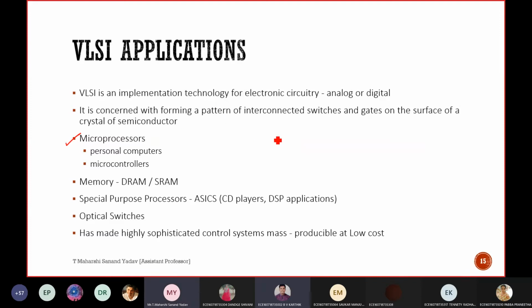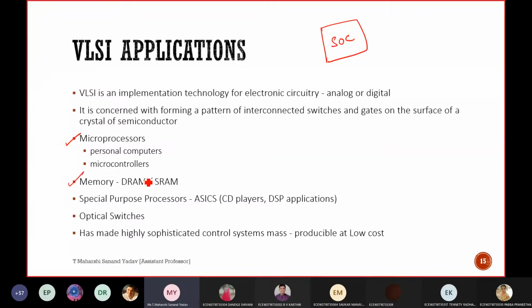This is the point. So processor means we can connect external peripherals. What are the external peripherals? Input-output ports and memories. We can connect to the processor. But what about controller? They are inbuilt in the controller. Everything present on chip. So simply we can call it as SoC, system on chip. This is a valid point.